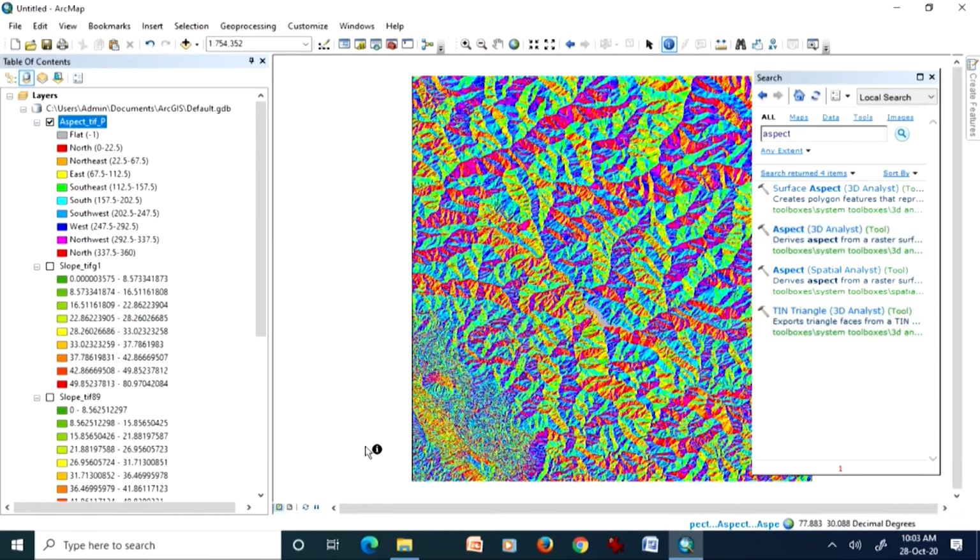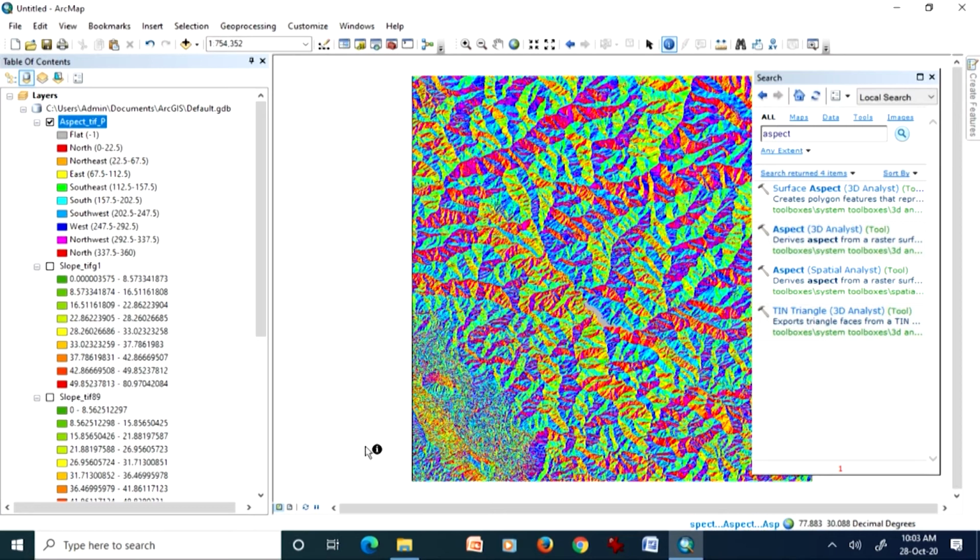One other thing we will do with the slope map is try to create a difference map, and we'll see where there are more differences and where there are fewer differences in the slope maps. That way you can create a separate layer which would be the difference of the two methods.